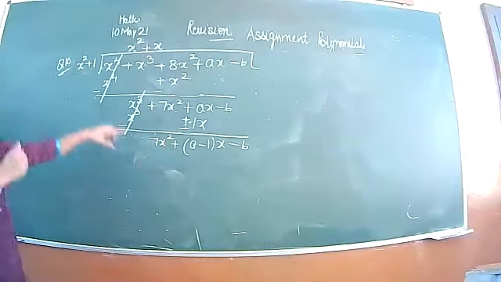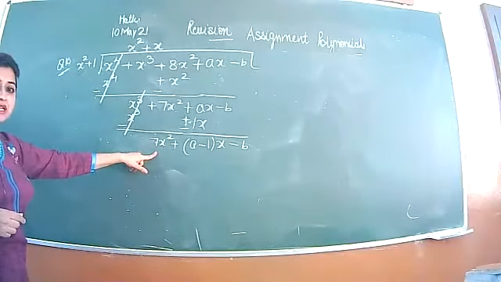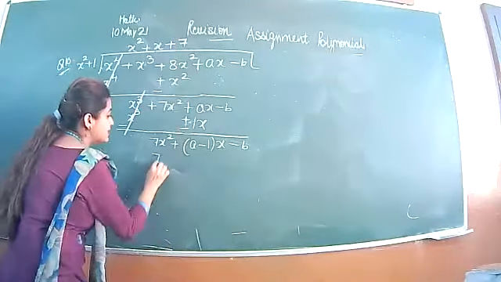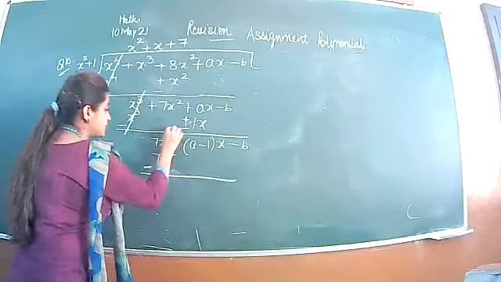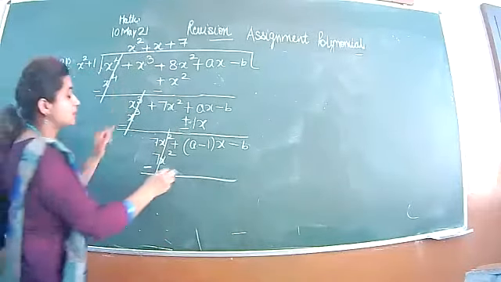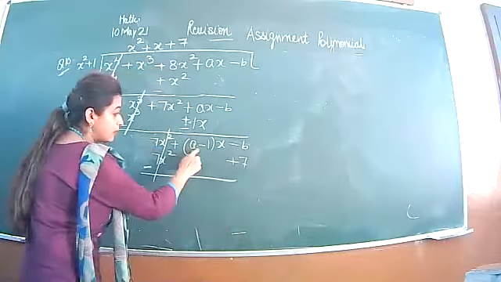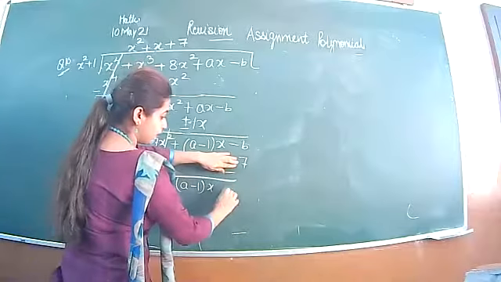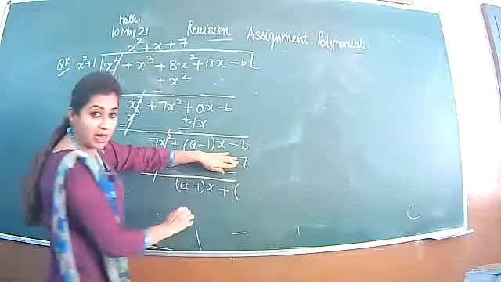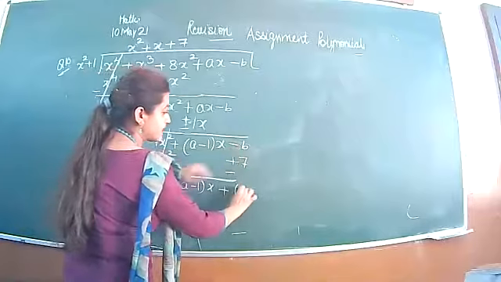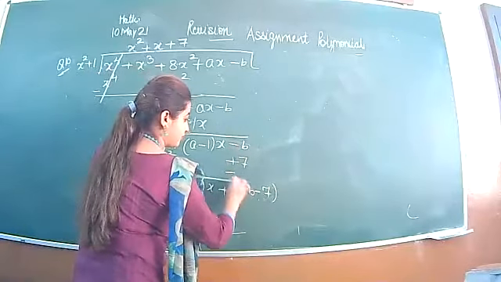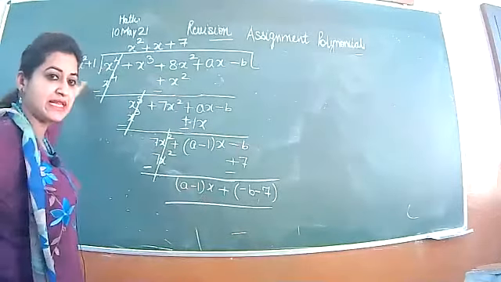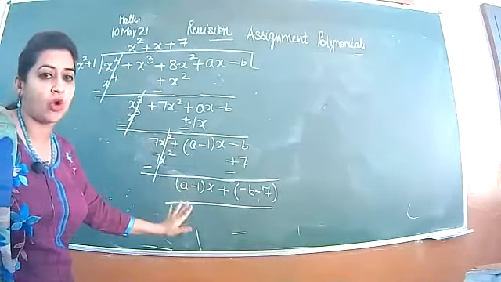Now the degree of both are same, so still division will be there. X square will be multiplied with 7 to get 7x square. Sign change cancel. Second term is plus 7. Now this term will be same. Sign change, outside plus will come, minus b minus 7. Now, the degree of this remainder is less than the divisor, so division stops here.